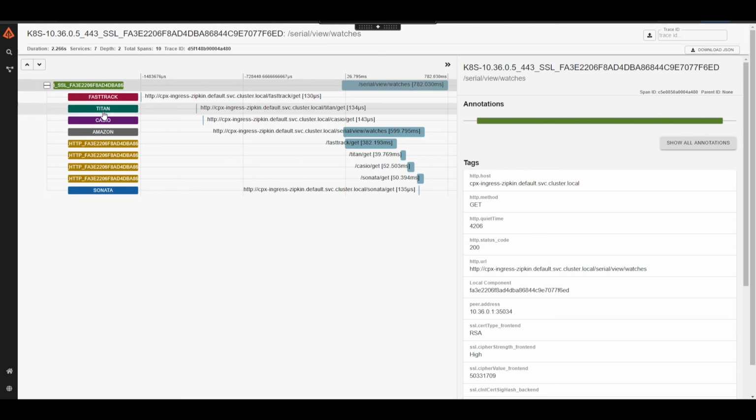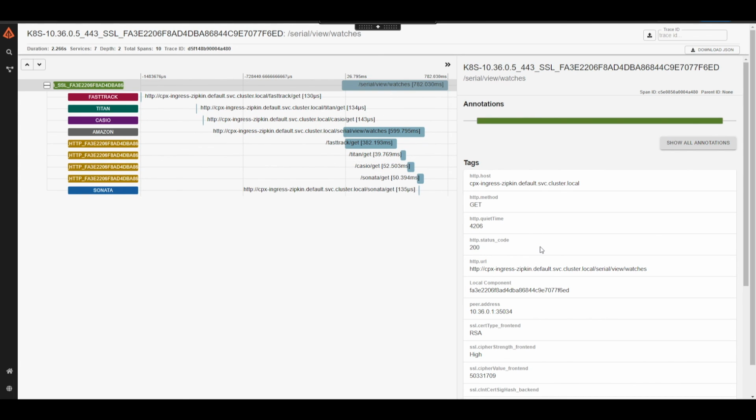So internally, the Amazon pod talked to the backend microservices app for each watch type, like Casio, Sonata, Titan, and Fast Track, through an ingress load balancing vServer. So here we can see the duration of the request and how each transaction to each pod took what time to respond.